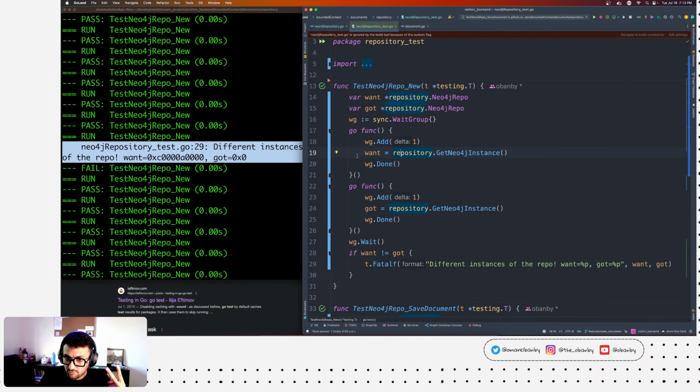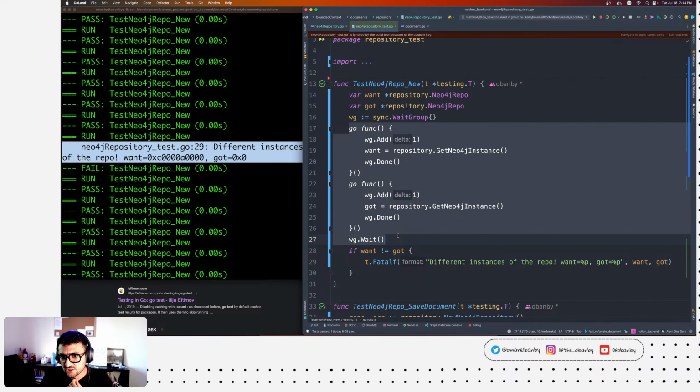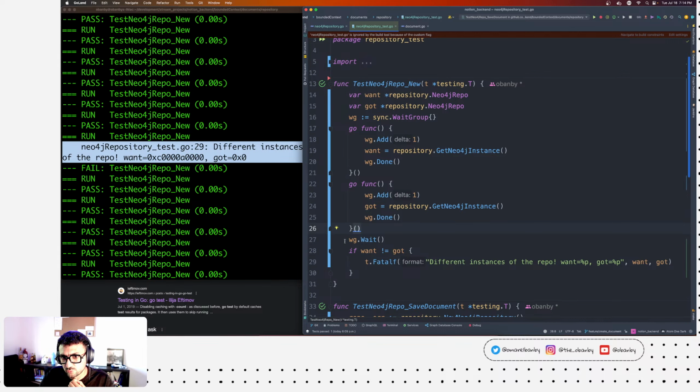Now, when they run, they're going to get the instance, and once they get the instance, eventually, once it's done, it will say, hey, I'm done, take me off the list. And same for the second one as well. And then, because these will run after we finish getting here, the wait group's Wait blocks, and it says, I'm going to wait till my counter is back to 0, and when it's back to 0, I will let you continue execution, right?